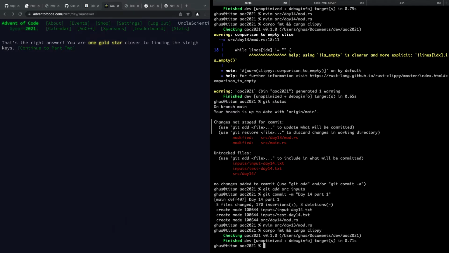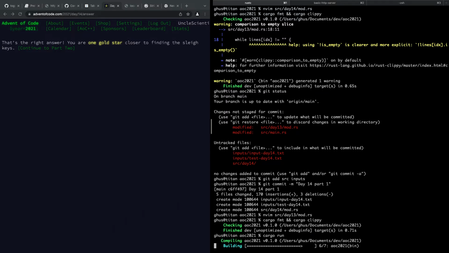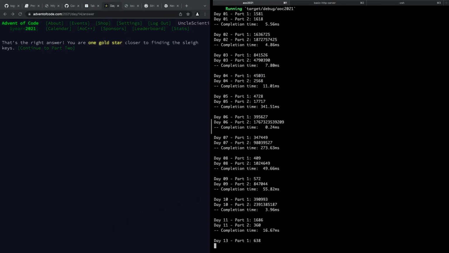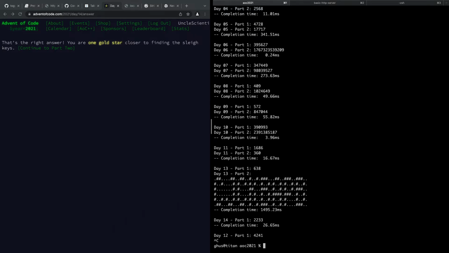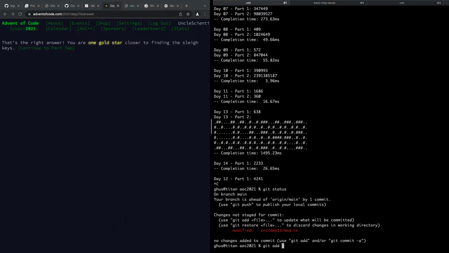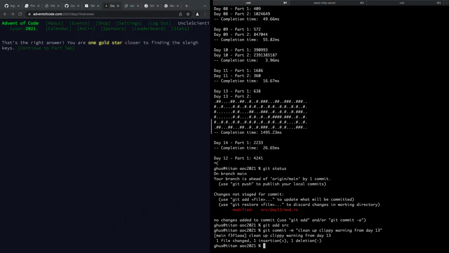And let's just rerun it just to make sure that still works. Yeah, so that still works. Okay. Kill. And so git status is just that one file. Git commit, clean up Clippy warning from day 13. Okay, so